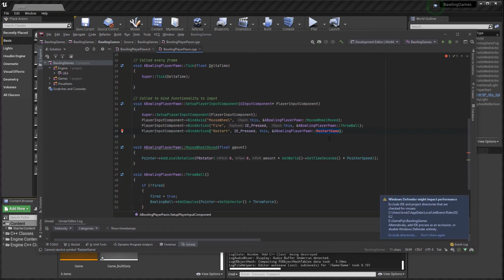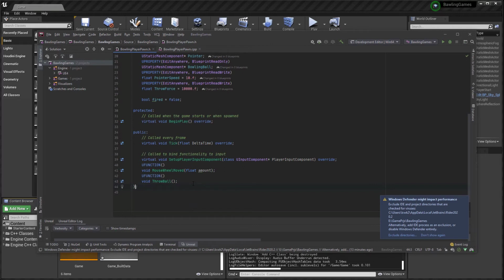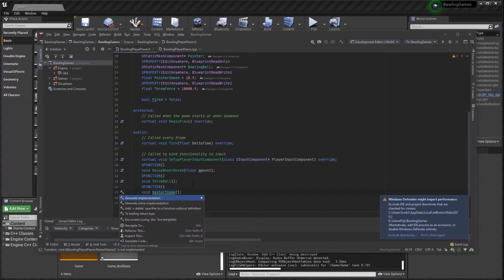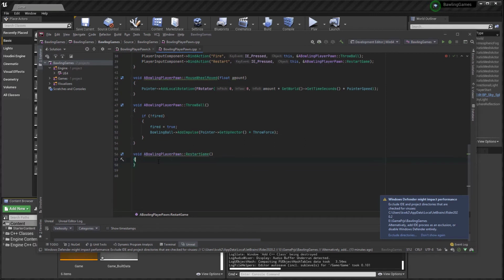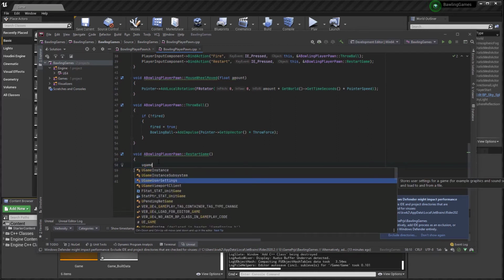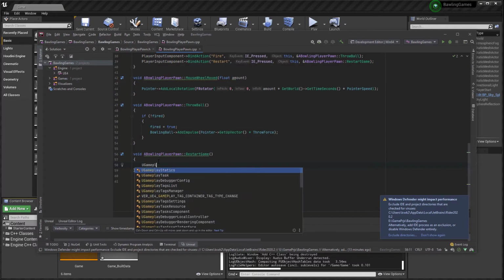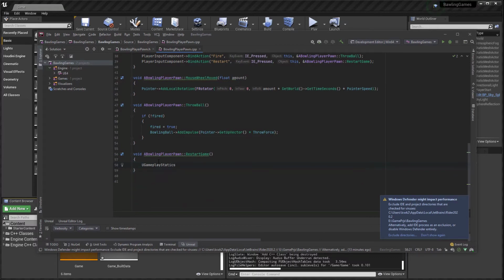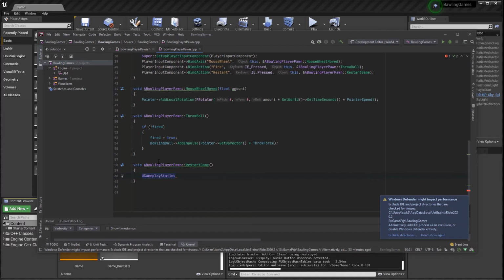Again, the same process. I'm gonna copy that. Alt O to go to the header files. Another U function. Right. You can see I'm quickly going through the same thing, reconstructing all the code in C++. Of course, this is a little different, but it's okay. Right. So we restart game. What do we do? Well, we used another class called UGameplayStatics. UGameplayStatics. Okay, and then colon colon,